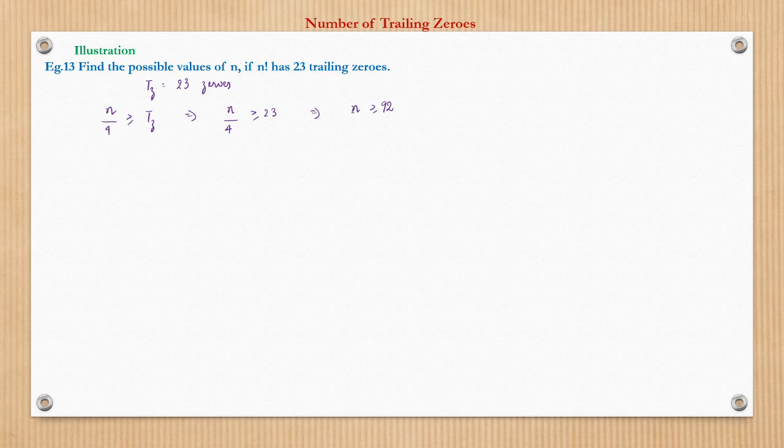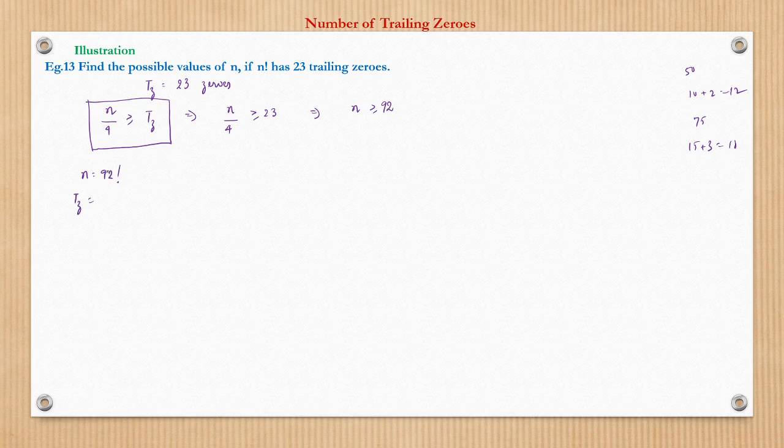So this n roughly gives us a range from where we should start checking. I mean, randomly also we can try. Okay, 50 factorial gives us 12 zeros. Then we check with 75 factorial. So 75 factorial gives us 18 zeros. So this way we can check and arrive at some number. But this relationship gives us a very narrow and very accurate range from where we should start checking. So it says that we should start checking from n is equal to 92 factorial.